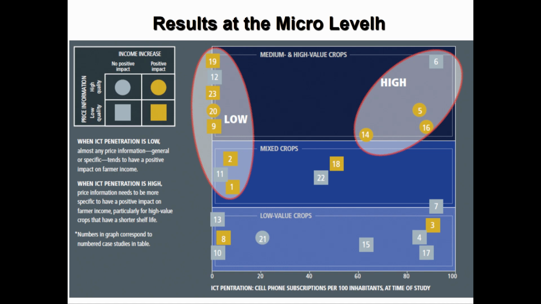But when we move into high penetration like we have today, only when we provide high quality information do we see a difference. And that's the extreme right in the graph, those two or three papers that show certain impact when we do a proper impact evaluation. High value commodity, high penetration, but good quality information. So the quality of the information is central and matters and allows you to use it. If not, the technology won't matter. That's why we need to have technology that has the proper content.